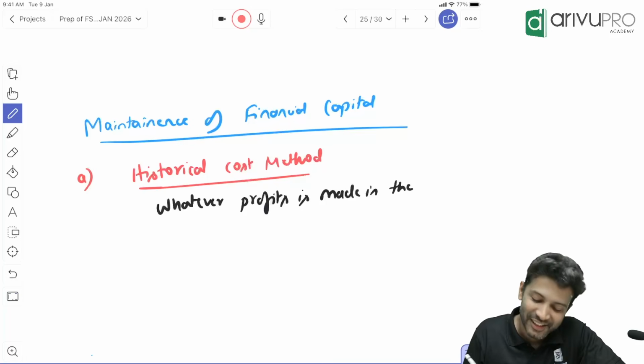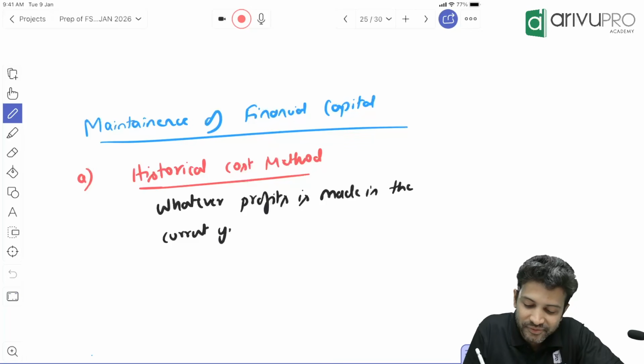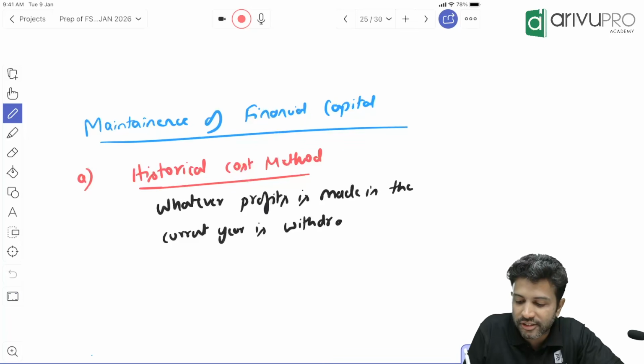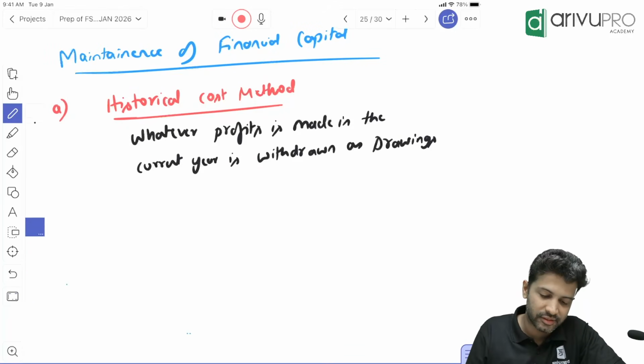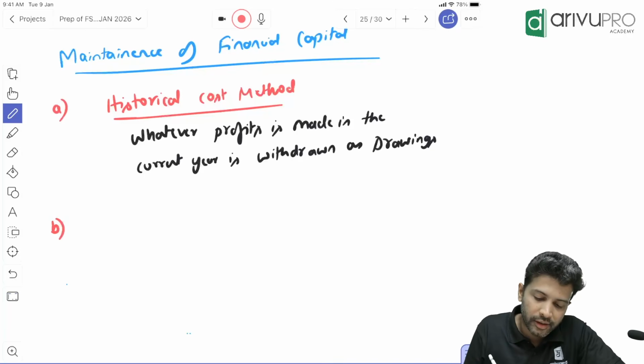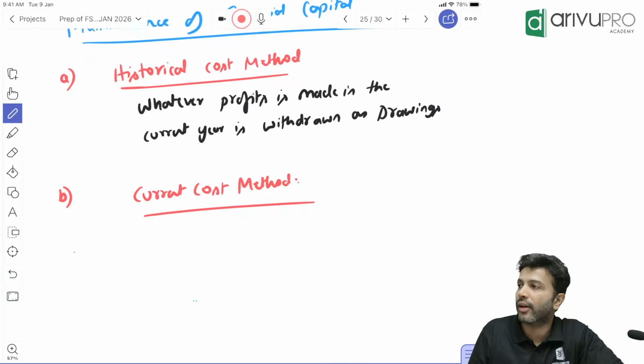Whatever profit is made in the current year is withdrawn as drawings. Next one, the current cost method. Under that, you write: